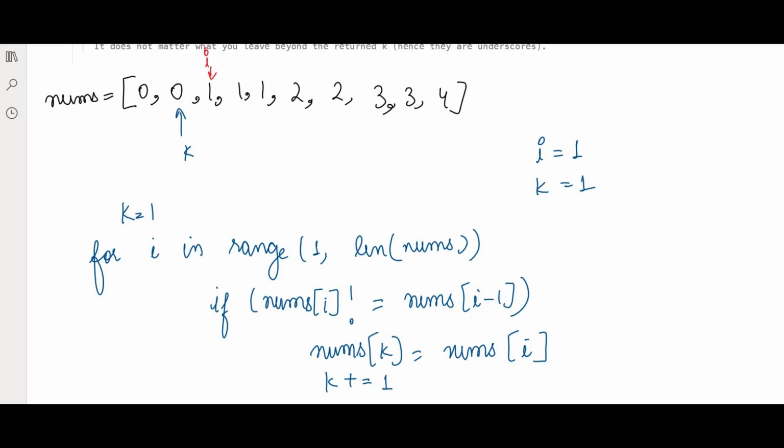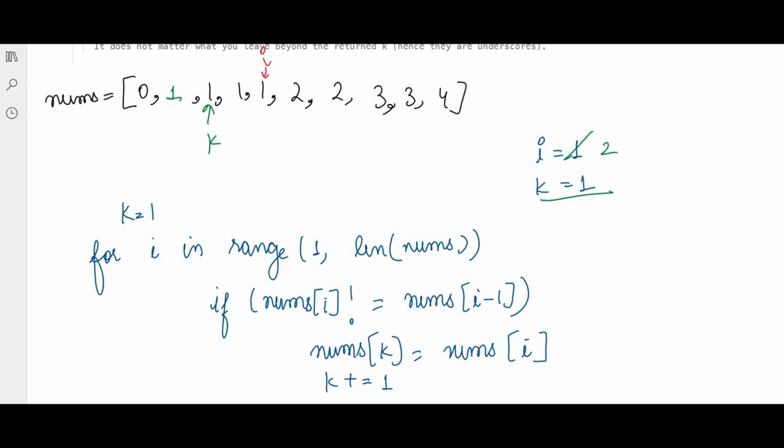This is the next i. So this time what is happening is nums[i] is not equal to the previous element. Not equal now. So simply at the kth index you will update nums[i]. So at the kth index, meaning index number 1, what will come? 1 will come, right? And simply then you will increment both k and i. Compare i to i-1. Is it equal? No, not equal. Go to next. It is equal, sorry, then we are going to next.